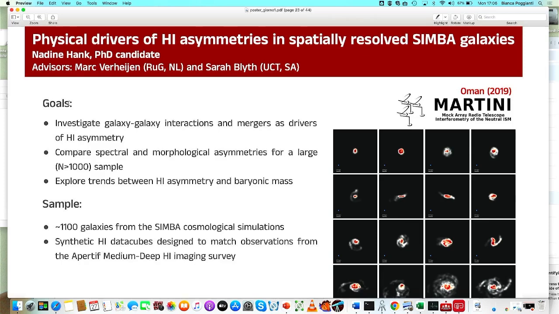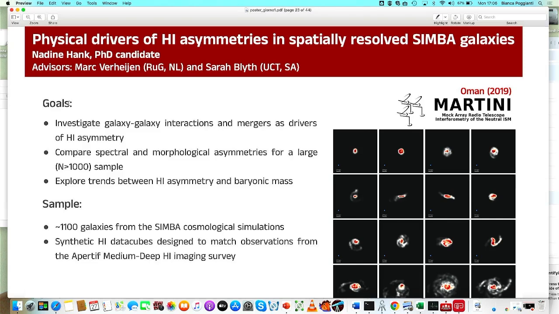The physical processes and environmental conditions that drive galaxy evolution over cosmic time can often result in asymmetries in a galaxy's gas and stellar distributions. The HI disks of galaxies are particularly sensitive to these processes because they are relatively fragile and diffuse, and they typically extend beyond the stellar disks. However, because of the susceptibility of HI to being disturbed by both external gravitational and hydrodynamical forces, as well as internal secular processes, it is difficult to identify which process may be a primary driver for the asymmetries that we